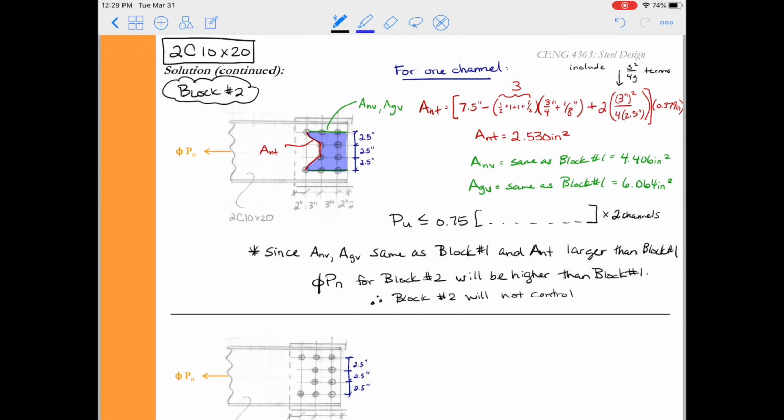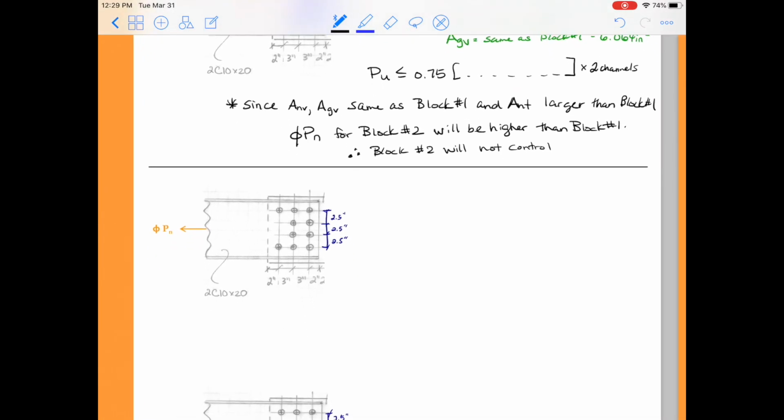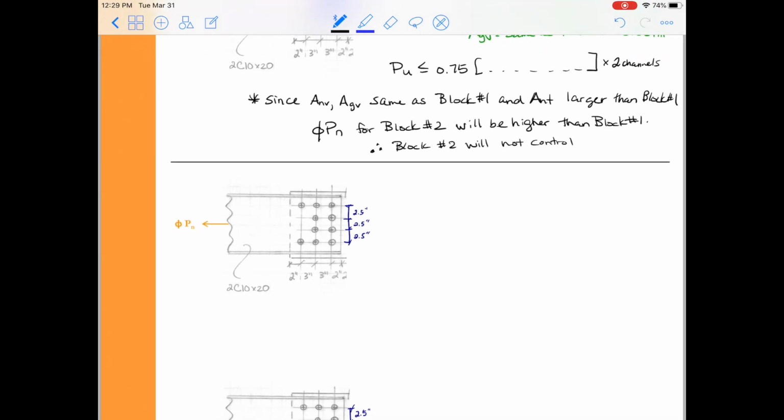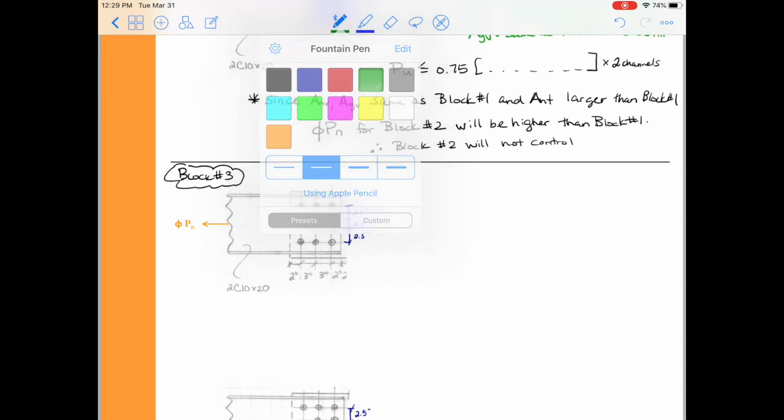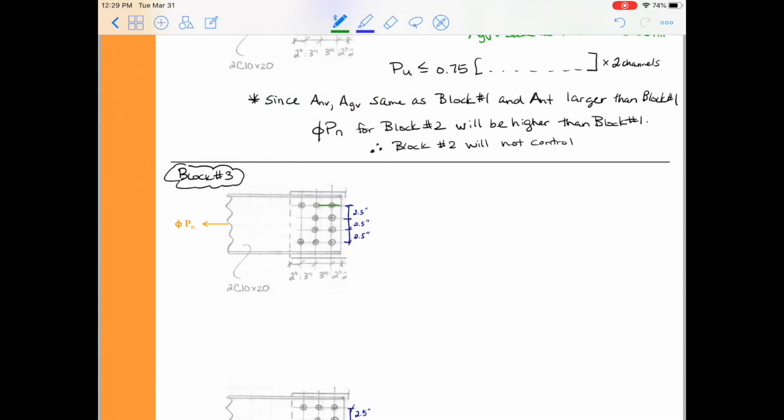Just like we did in fracture, we want to make sure that blocks that fall behind the front line of the bolts don't control the design. So that's what I'm going to take a look at in block number 3. So the next block I would check is the block here